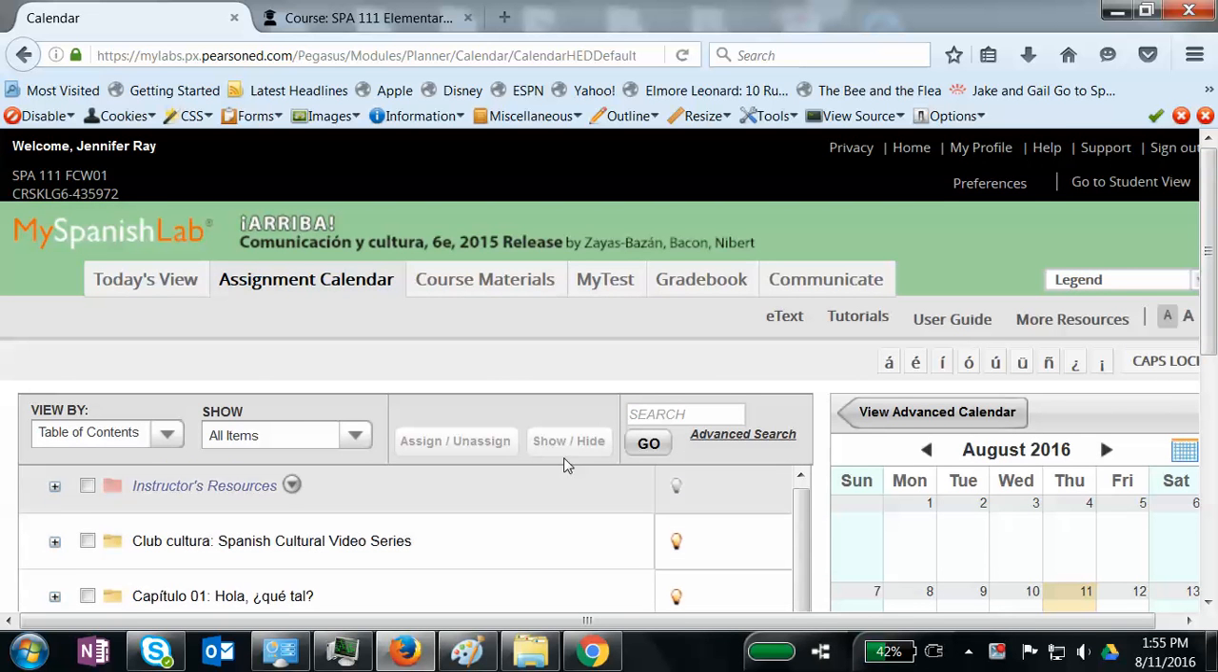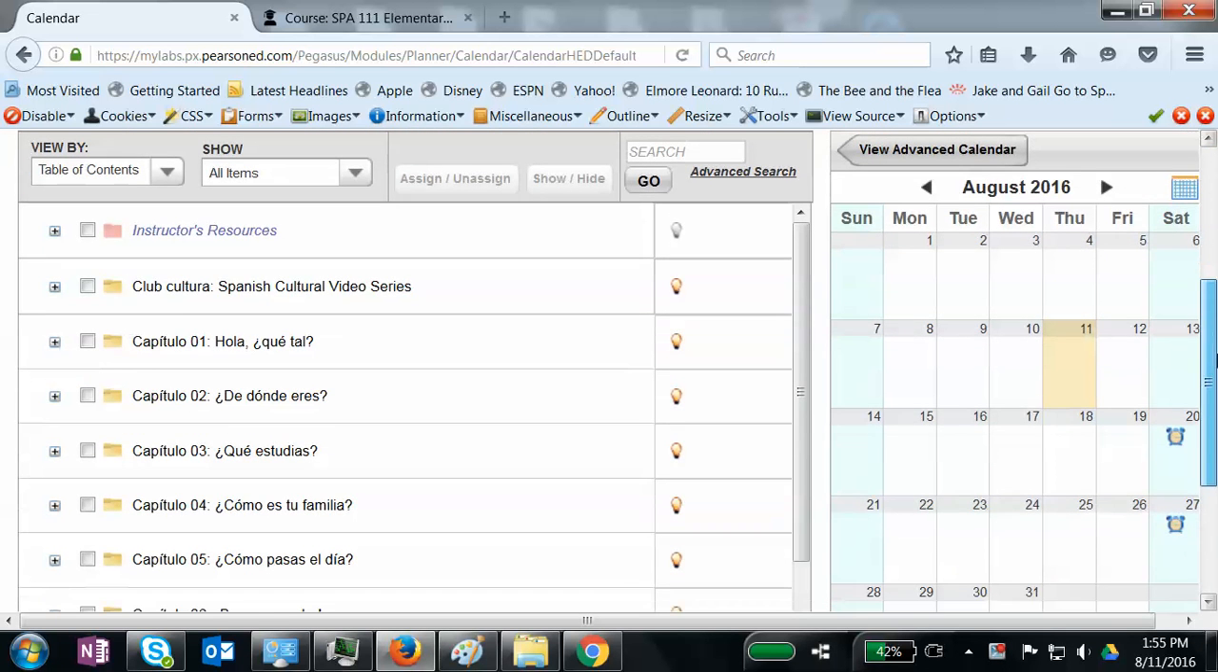So if you go through, I would just go through the chapters. I would ignore the cultura. I guess they have it separate, but then again, you can find it in each chapter. And then just remember that the Instructor Resources, that's where you can go for